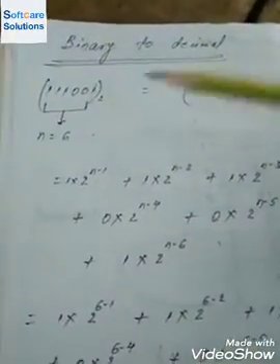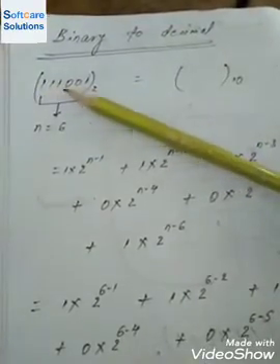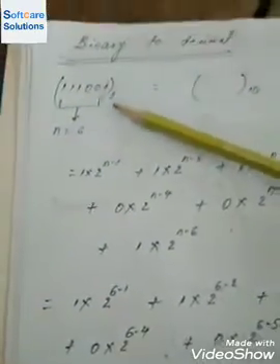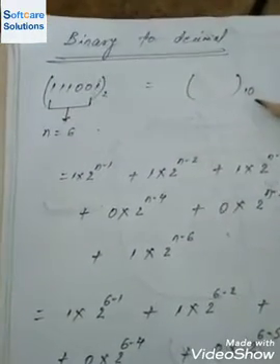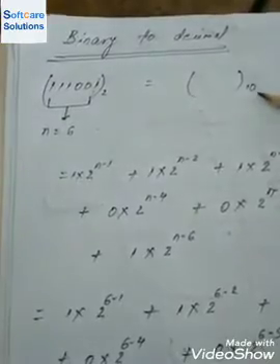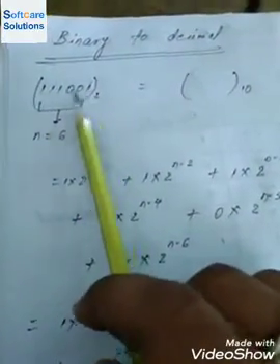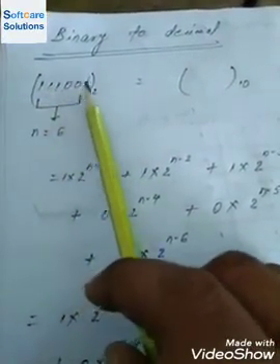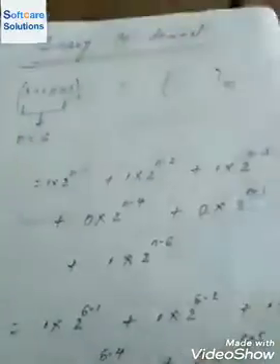Now see how to change binary to decimal. That means our next concept is binary to decimal conversion. We have one binary number, 111001. The base is 2 because it is in binary form, and we can change it into decimal form. So our next base is 10 because it is a decimal form. First of all, calculate how many digits are in the binary number: 1, 2, 3, 4, 5, 6. So the number of digits in binary is 6.